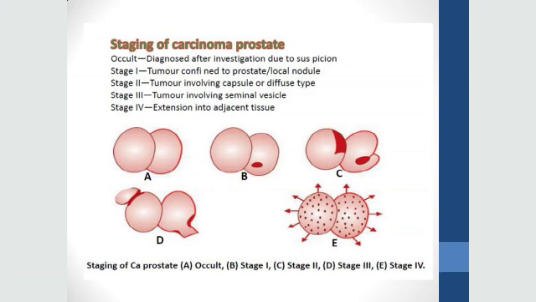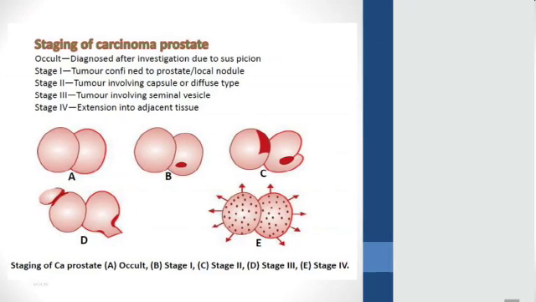So in early stages we can do prostatectomy or TURP, but with later stages there is need for radical prostatectomy with lymph node clearance, and in metastatic disease where it is extended peripherally, we can think about chemical orchidectomy, chemical castration or surgical, which reduces the testosterone levels and stops the malignancy. Right. Thank you.